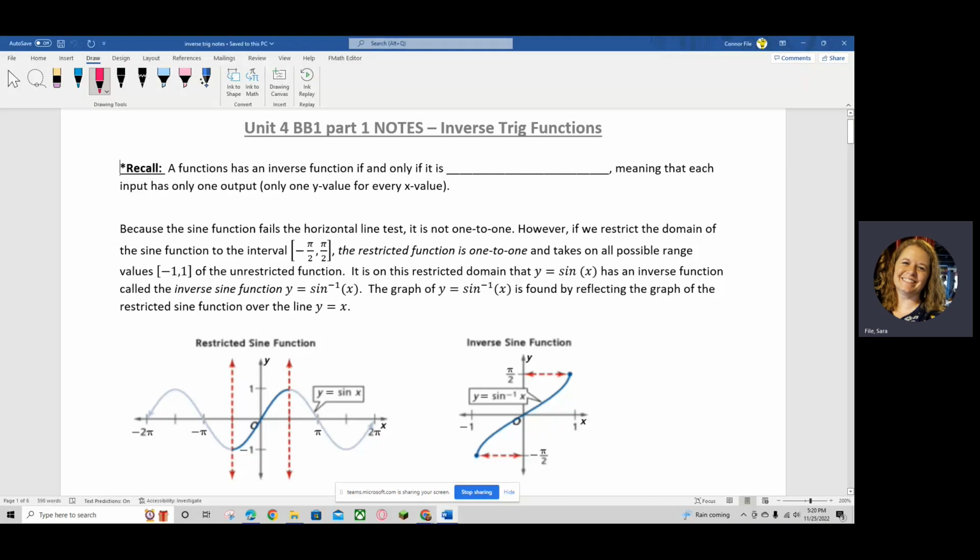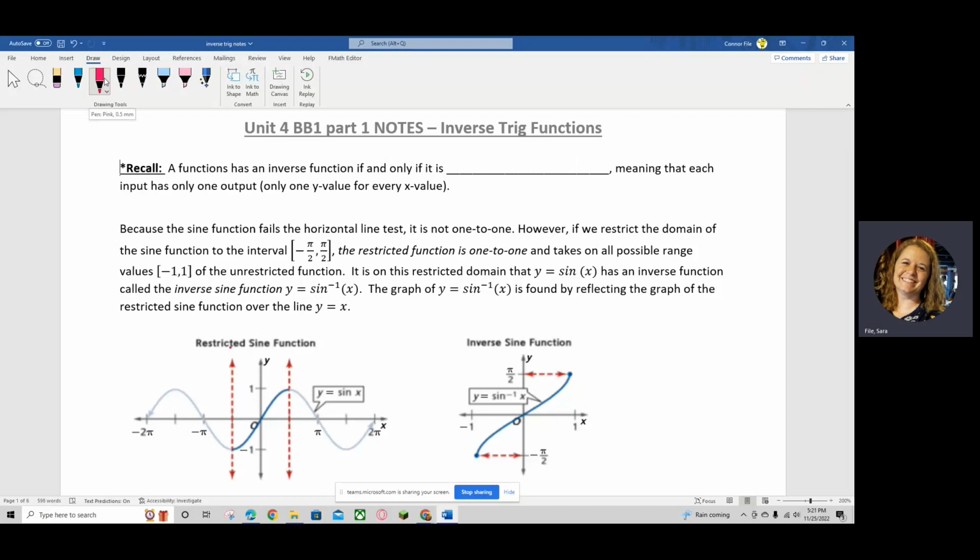So here, if you don't have this, what you're looking at here that says Unit 4, Building Block 1, Part 1 notes, you need to get this. The sub has this to pass out. Okay, so this is what you should have in front of you, hard copy, following along to take your notes. So we need to recall that